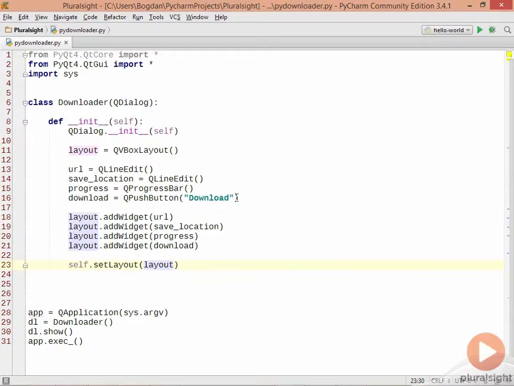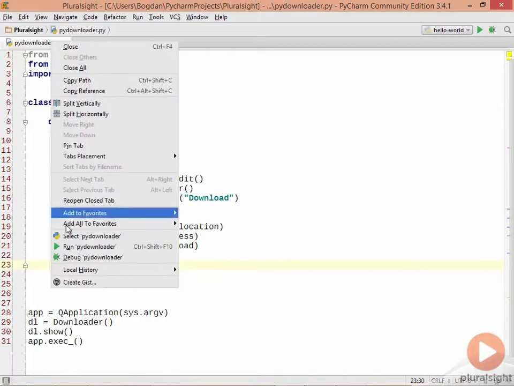The first time you run a new file in the existing PyCharm project, you have to right-click here and select Run. Later on, we'll be able to use this standard Run button, I guess. So if we run the application,